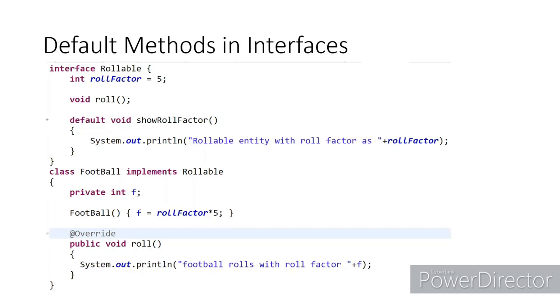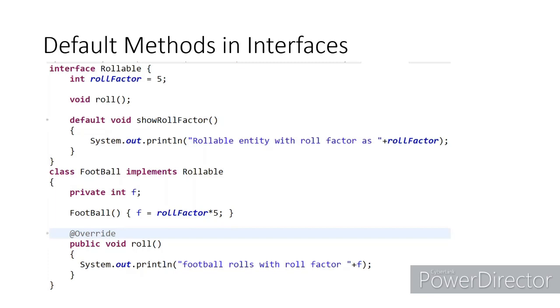I will not only have to modify the rollable interface, I will also have to modify the football class and the tire class. And suppose there was a third class also, which was implementing the rollable interface. I will have to modify that also. So like that, I will have to keep on modifying all my implementation classes for the addition of a single new method inside my interface. Now doing this is very cumbersome. I will first have to find out which are the classes implementing this interface throughout my application, and then keep on modifying all of them one by one.